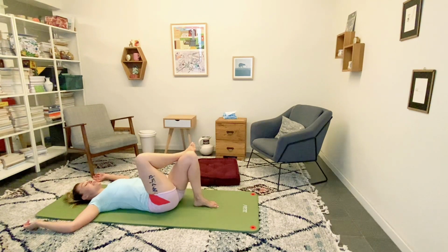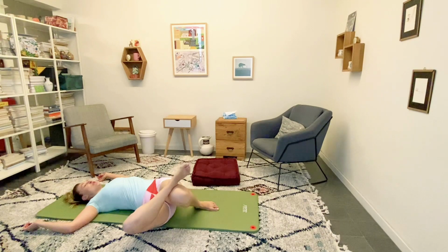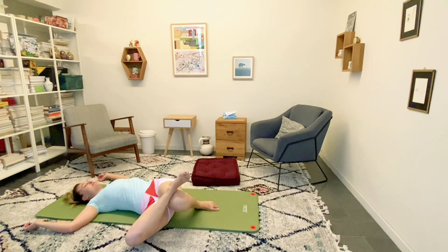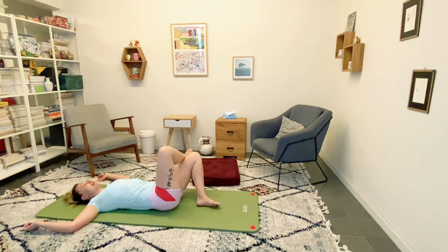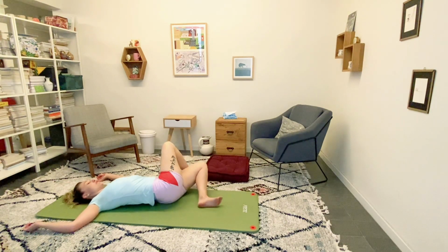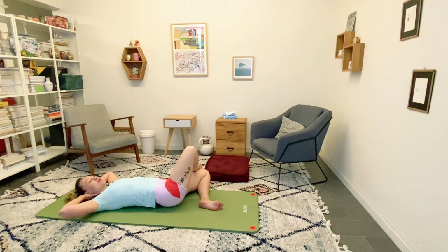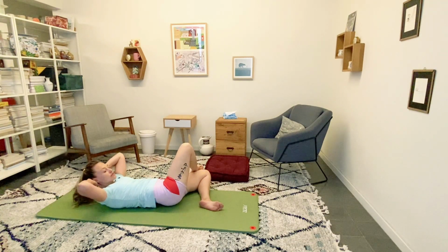Right leg is going to be on top of the left. Exhale to bring the legs over to the right. Bring them over to the left. And keep them here. Okay, so the legs are over to the left with the right leg on top, keeping the hip joint kind of open. So what I'm doing is I'm kind of pressing forward. And the hands are going to be at the base of the skull. And just like this, we're going to crunch it centered for 10,